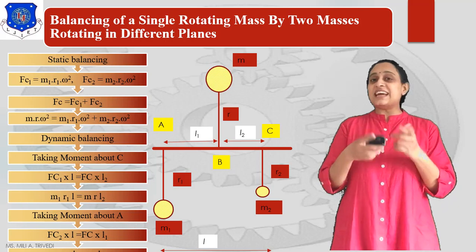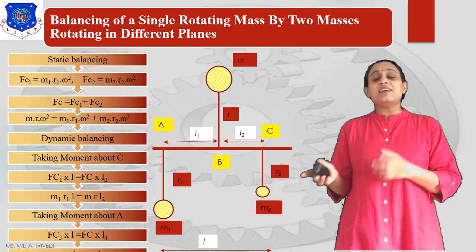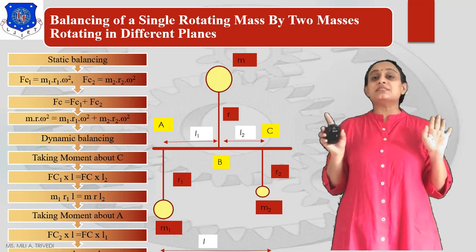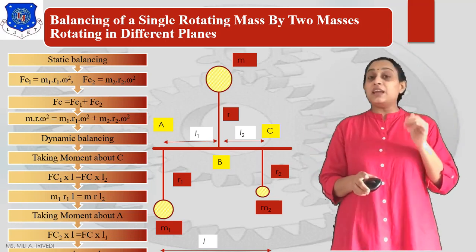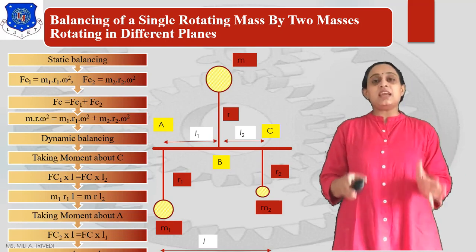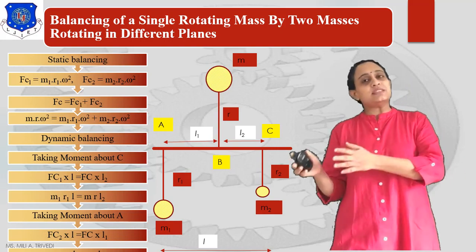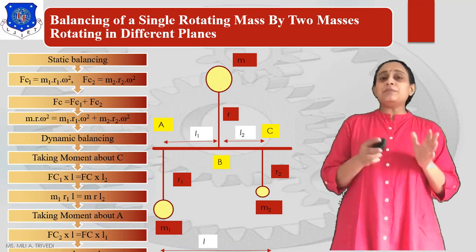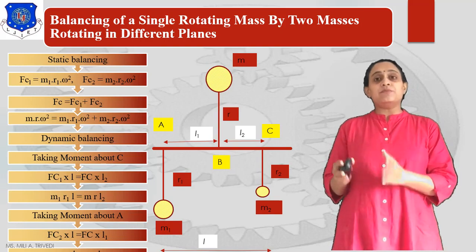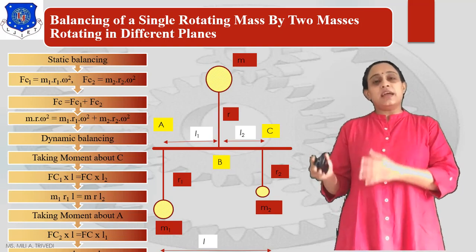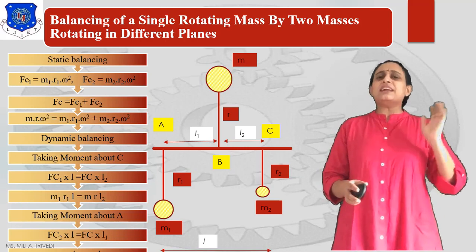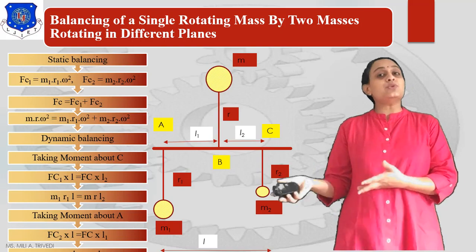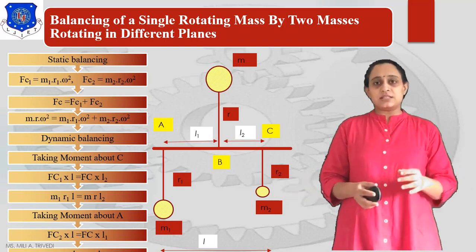Now as we see in this diagram, what will it say? It will say to us that mass m is completely balanced by both these masses in different planes. So we can say, if it is statically balanced, Fc is equal to Fc1 plus Fc2. It means we will get the direct answer as m r omega square is equal to m1 r1 omega square plus m2 r2 omega square. Now if we neglect this omega square, what can we say? M into r is equal to m1 r1 plus m2 r2, as we have already discussed previously.